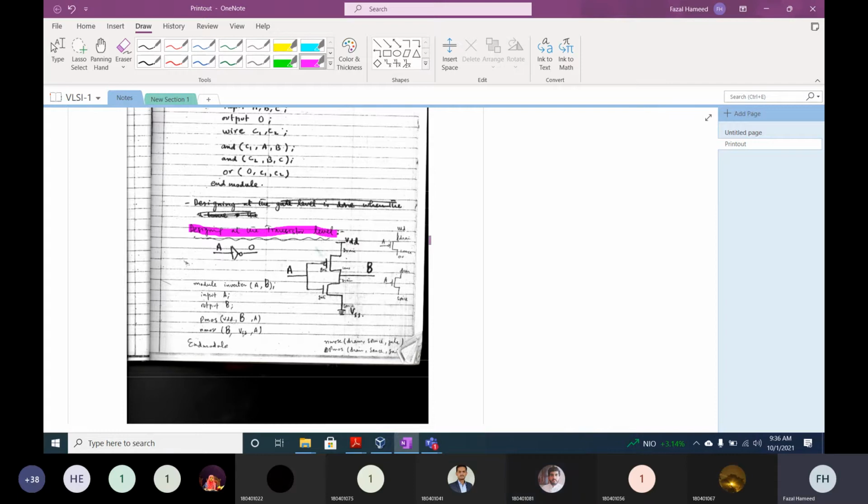Do you know about the function of a transistor? How does the transistor work in CMOS? Does anybody have any idea about CMOS transistor, PMOS transistor, and NMOS transistor? Did you study this in any electronics course, or should I tell you? The PMOS transistor probably activates at negative voltage, and NMOS activates at positive voltage. Yes, very good.